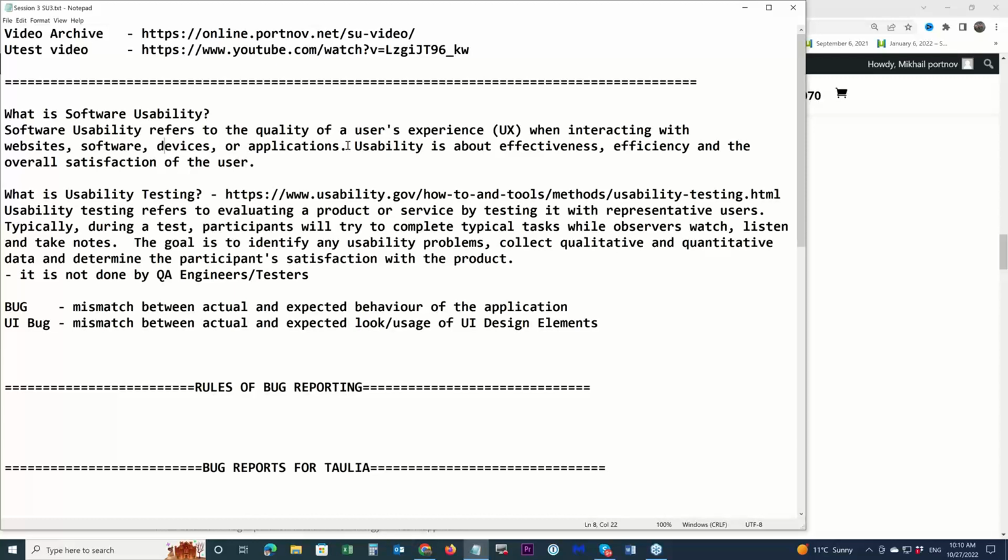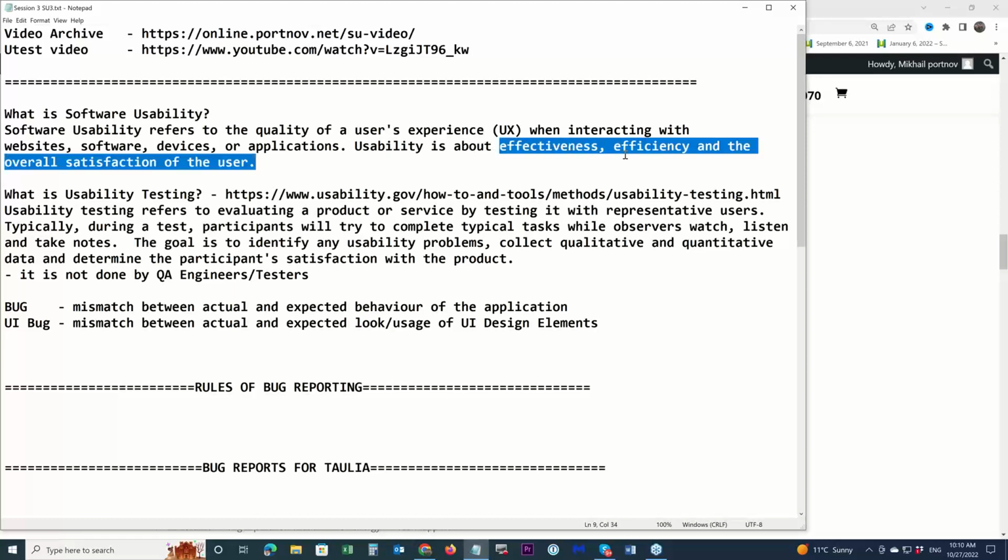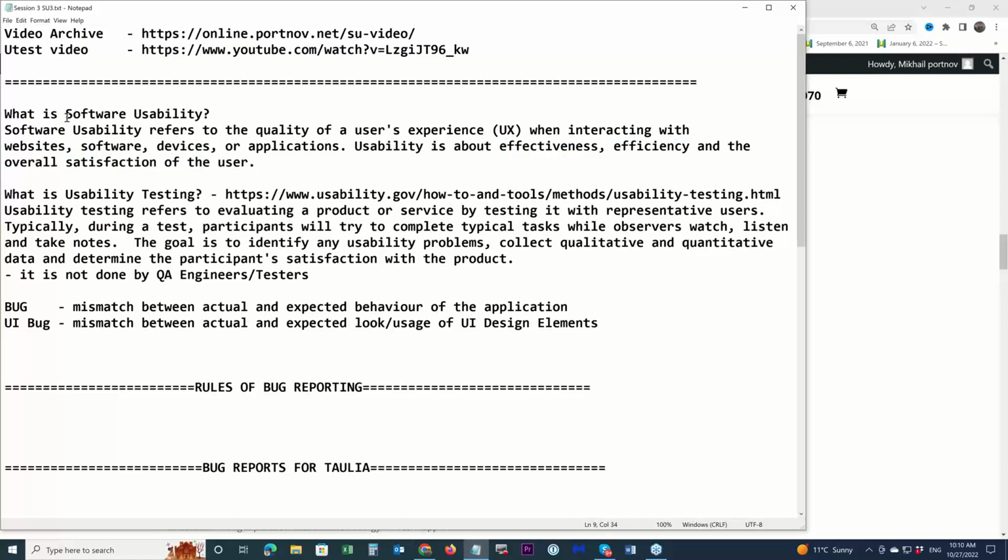Quality of user experience, how convenient. Yeah, it's about effectiveness, efficiency, and the overall satisfaction of the user. So that is usability. Then we have what is called usability testing.